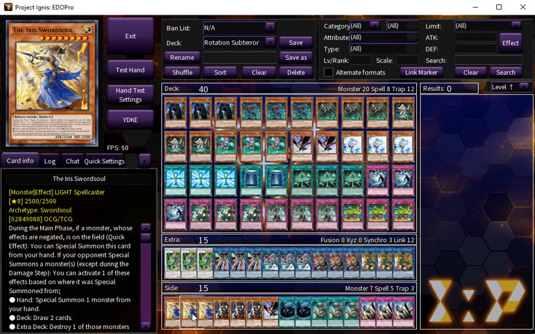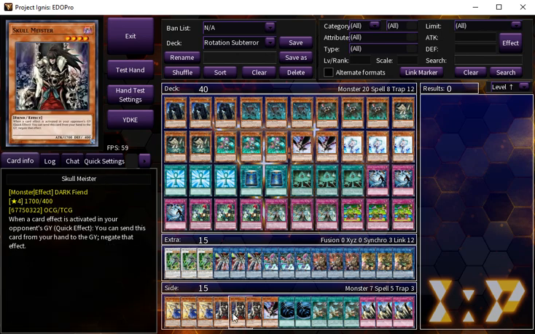Onto the sideboard, it's kind of messy, but it's okay. It's only okay, I will admit this. Iris Swordsoul comes in against the decks that are really in on negation, things like Lost Wind, things like Veiler, things like Fiendish Chain. If they're on super hard, even like Breakthrough Skill, we'll play Iris Swordsoul, but usually we're not siding it in. Three Skullmeister